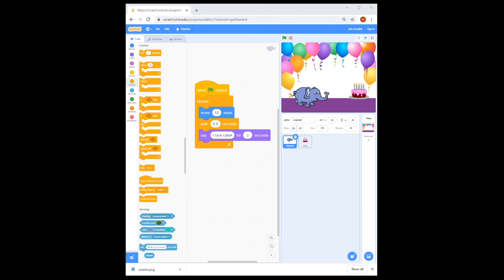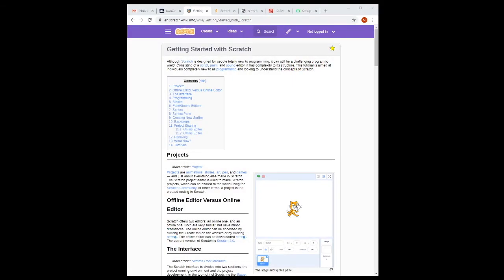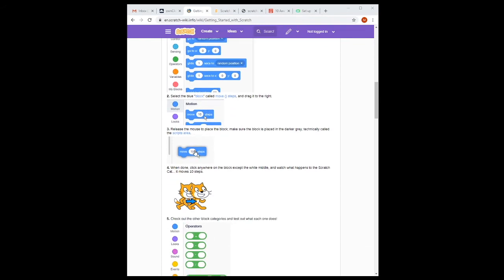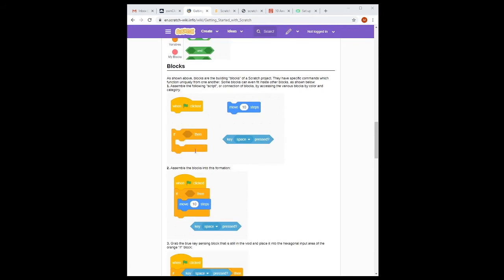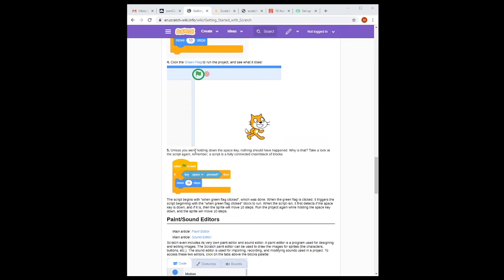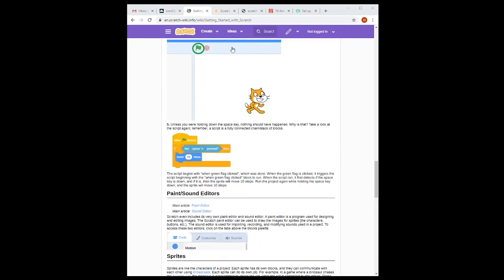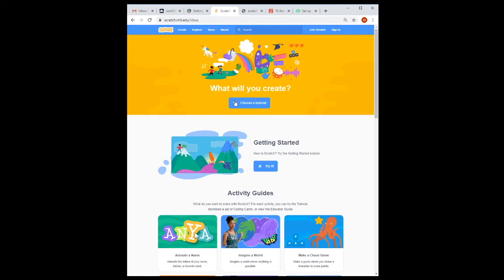There are lots of useful resources online to help you get started or to give you some inspiration for your next project, such as Scratch Wiki. This is a really good resource for finding out some more information on some fundamental principles in the Scratch block-based editor. You'll find lots and lots of information on there. You could also go onto the scratch.mit.edu